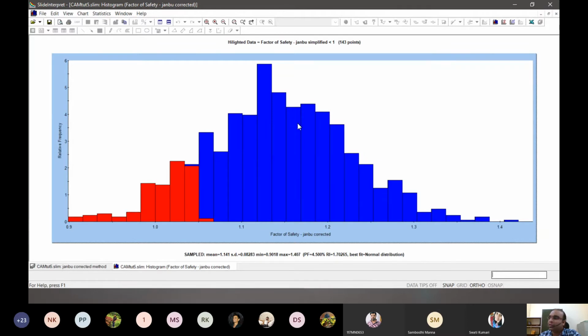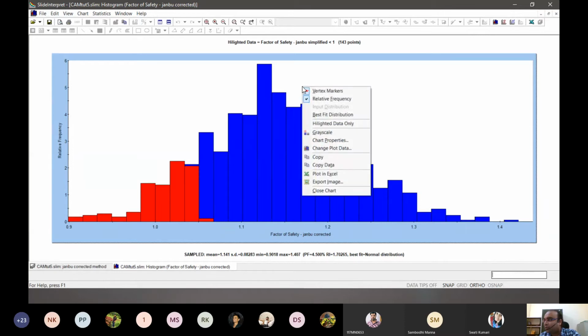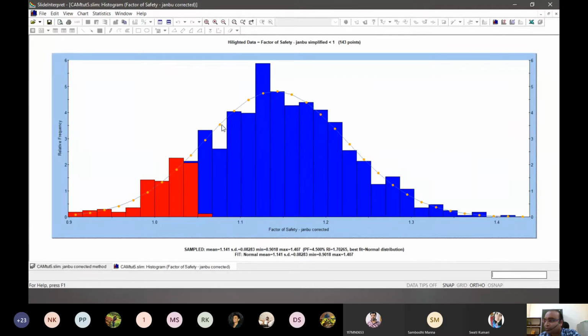However, there are many other ways. Now let's see what all analysis we can do. In this, we can actually go for a best fit distribution also. So if you see now, clicking on the best fit distribution, it gives a normal distribution kind of curve. If this would have been a bit different, we would have a different kind of fitting curve,